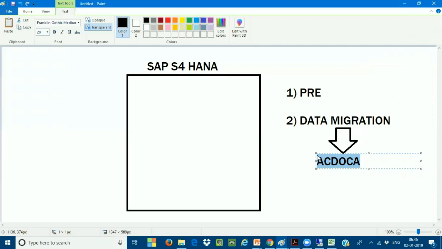If you don't want summarization, and the BSEC table should have the same number of line items as your ECDOCA table, then the document is split into multiple documents in the BSEC. But if you want summarization, there are some specific settings you have to make. Then only the summarization is going to happen in the BSEC. By default, it will not happen.